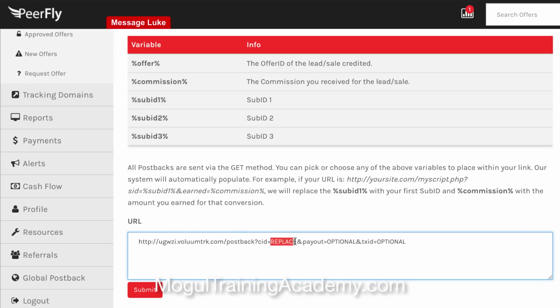So you'll just paste it in there. And you also want to replace the payout with the commission token. So you'll just copy that and go to payout and paste the commission, and you can just delete everything after the percentage sign. So you submit that,